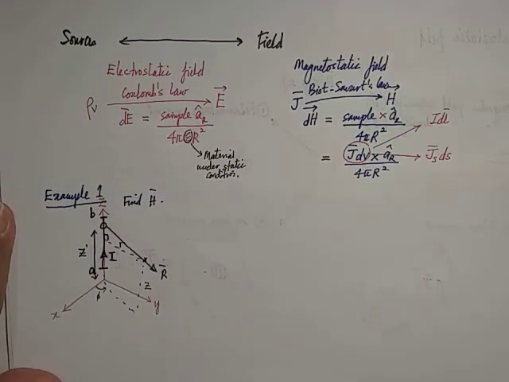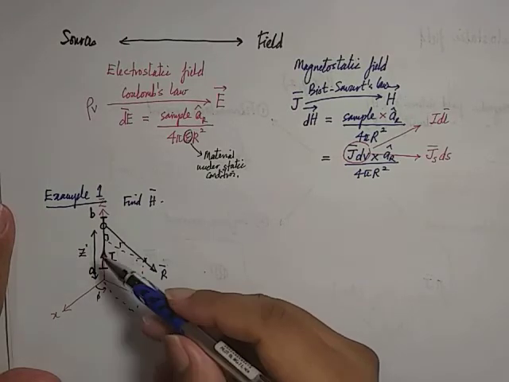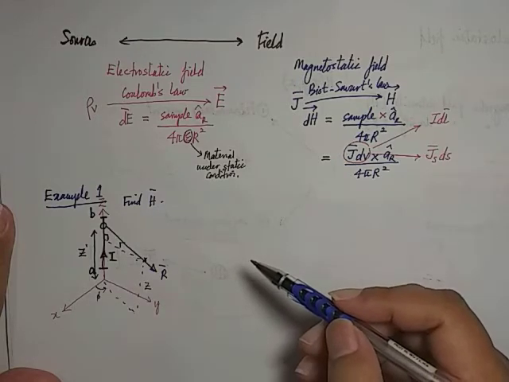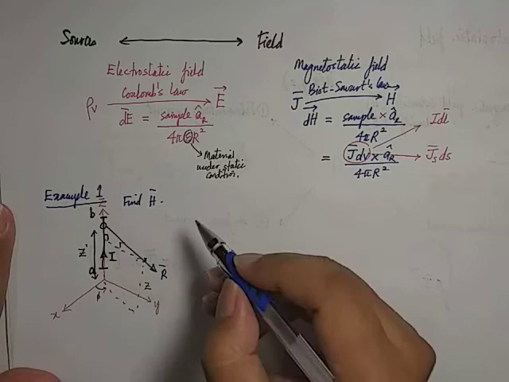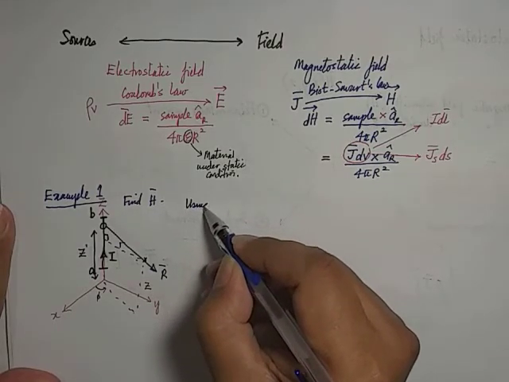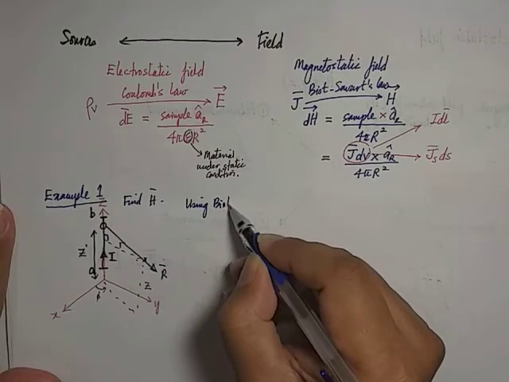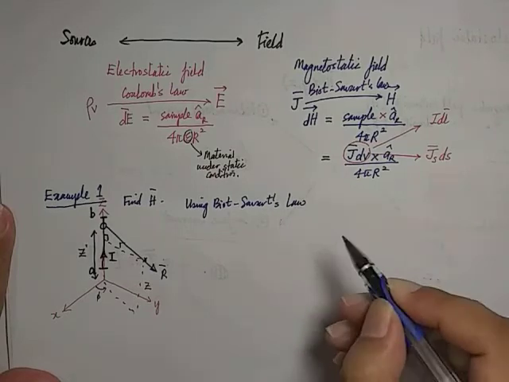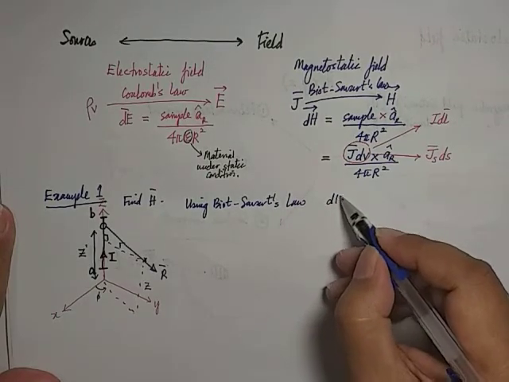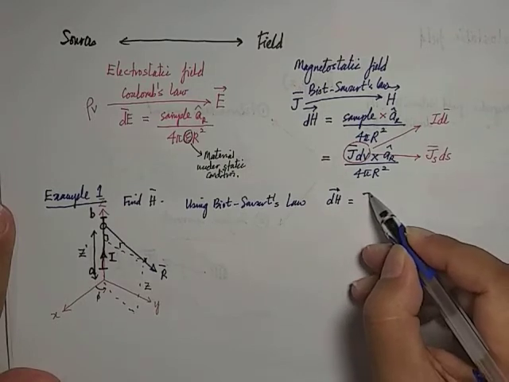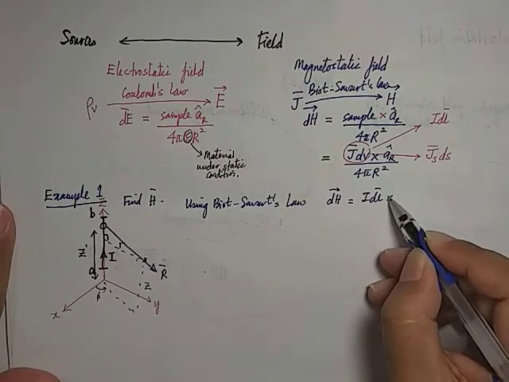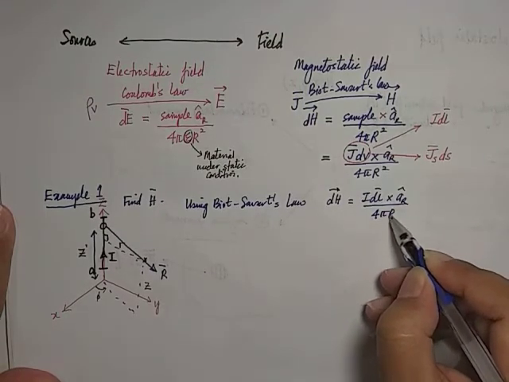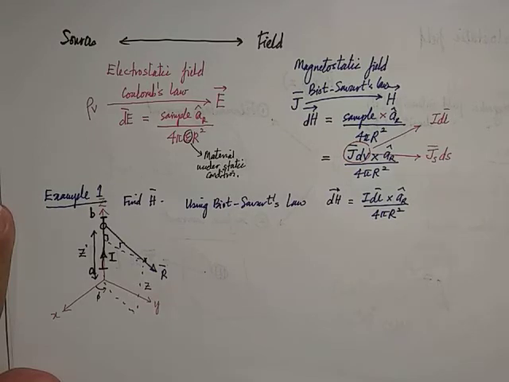Now I'm going to extract information from this diagram to be substituted into my general Biot-Savart equation. So using the Biot-Savart law, we can write here that dH is going to be I dl cross aR divided by 4 pi R squared. That should be our general Biot-Savart,